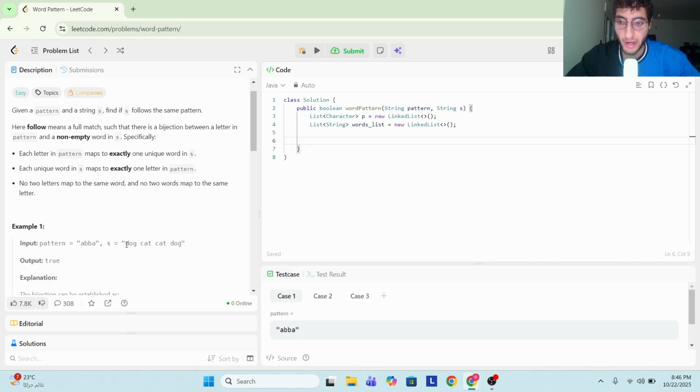Now I'm going to create an array of strings that is going to store every word in our original string s, because they gave us a string s, not strings of each word in that string. They just gave us one complete string. So I'm going to separate each word in that string and fill it up in our array. The way we're going to do that is by doing something we've seen on this channel before. We're going to create a string array. We'll call this words, which is equal to s.split